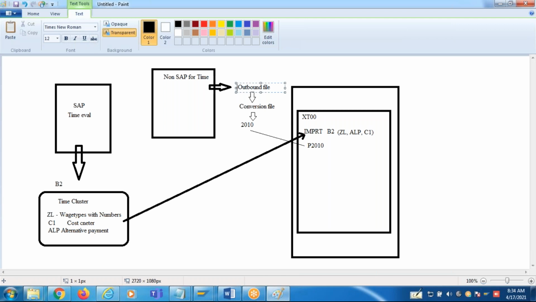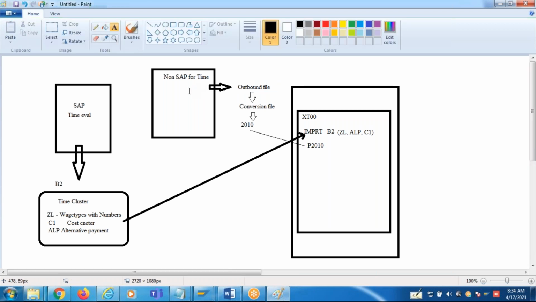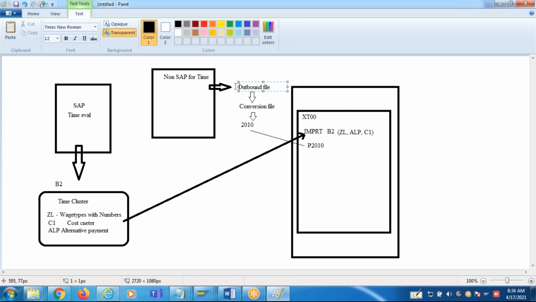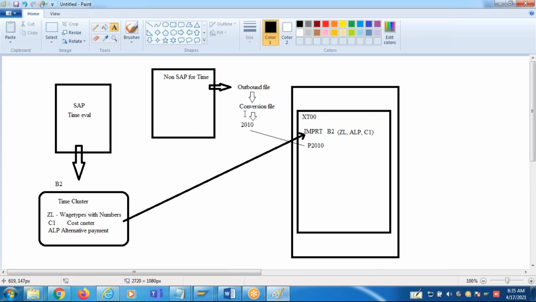Generation of the outbound file is the responsibility of the Kronos consultants. They might also take care of the conversions while generating the outbound file. If they don't convert it, we have to convert it before it is loaded into 2010, and the loading program itself can convert these values. These customizations can be done in many ways, no issues.